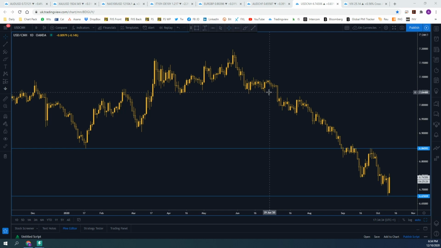So the RRR is the reserve requirement ratio for the PBOC. It was put in place by the bank in 2015 when they really struggled to contain a very rapid devaluation of the Chinese yuan. Now, the rate before today's cut was 20%. So that essentially meant that financial institutions were required to hold 20% of foreign exchange sales at an interest rate of 0 for an entire year as a type of risk reserve to stem the outflow of the Chinese yuan. So basically making it more difficult for investors to bet against the currency, if that makes sense.